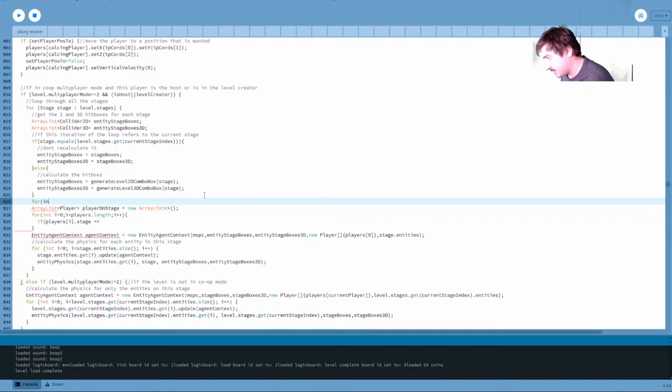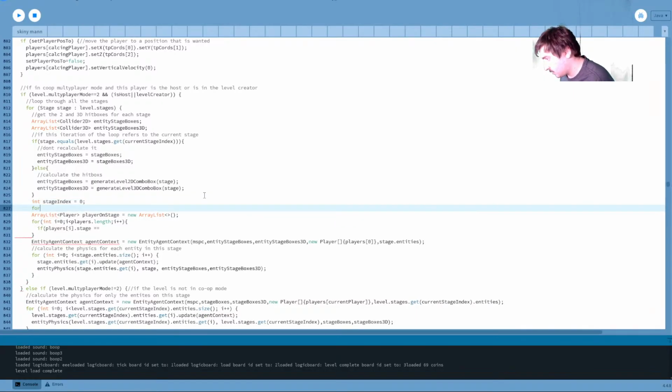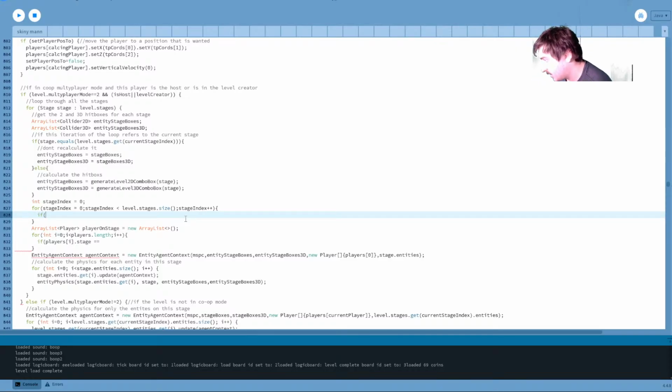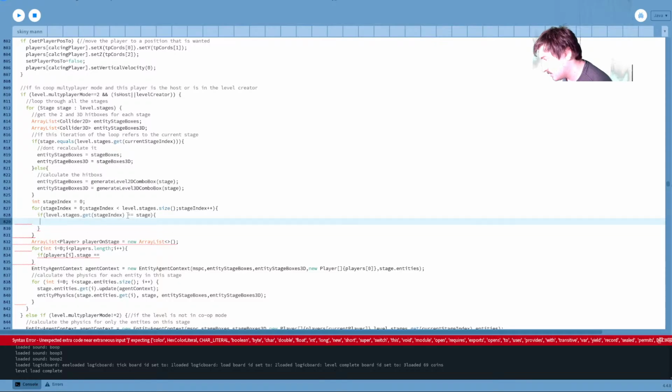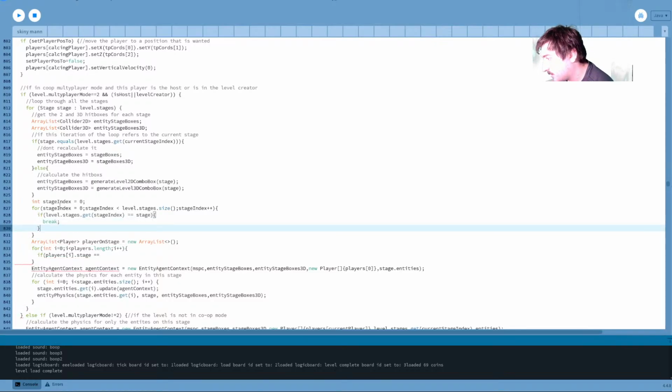So for int stage index equals 0, stage index less than level stages size, if level.stages.get stage index is memory location equivalent to stage, then break. There we go. That gives us a stage index.